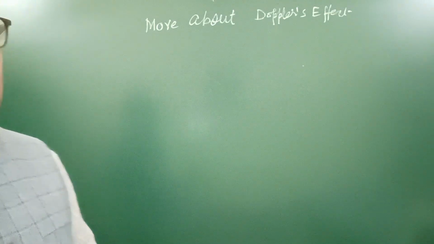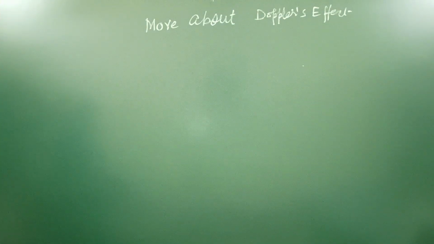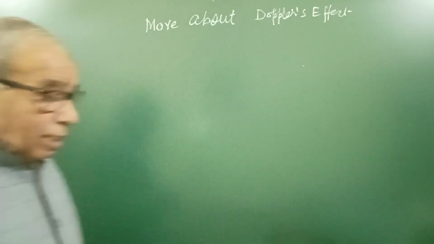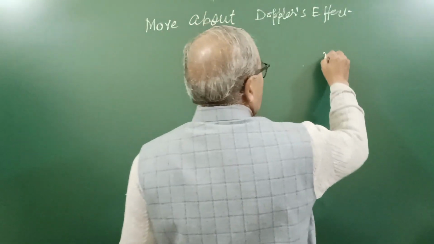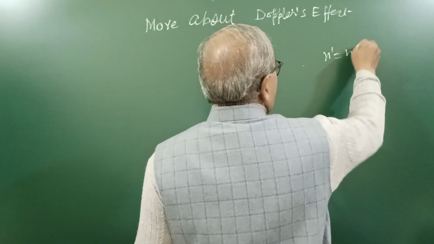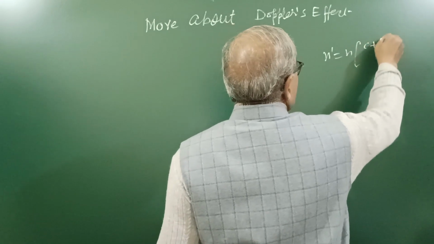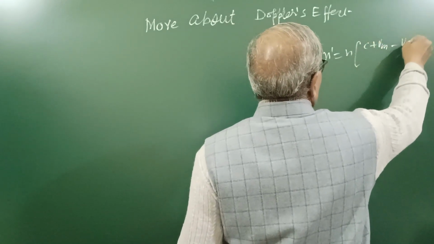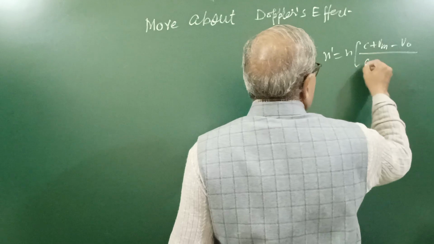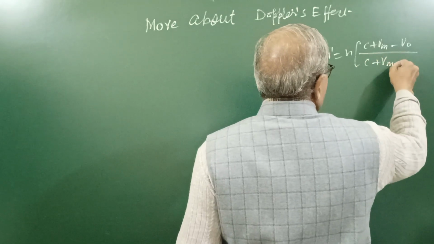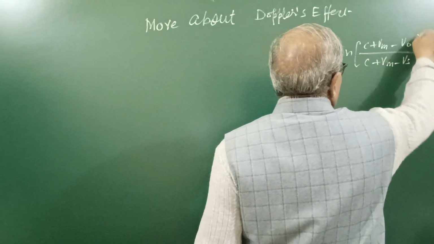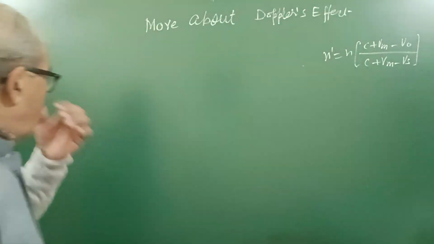Well, student, now I will be telling you something more about the Doppler effect. I derived the expression n dash equal to n bracket c plus vm minus vo upon c plus vm minus vs, taking all moving in the same direction. Now suppose,